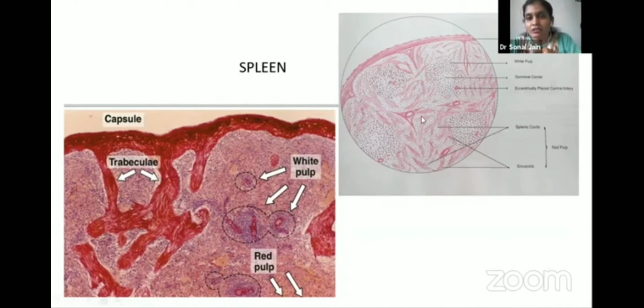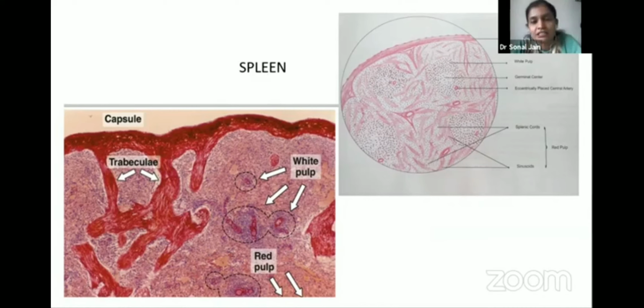Okay. So next is the red pulp. This red pulp means modified lymphoid tissue, and it has the splenic cords of Billroth. That means the reticular fibers are more abundant, and there are splenic venous sinuses. They have the stave cells in the sinuses, as we can see here in the red pulp. Okay. So now this white pulp is a typical lymphoid tissue.